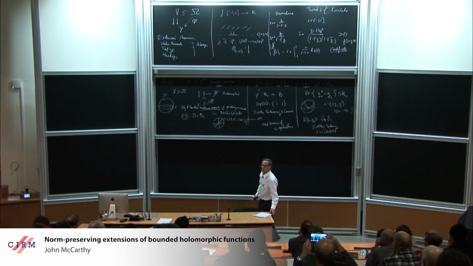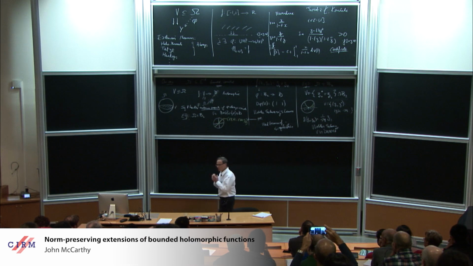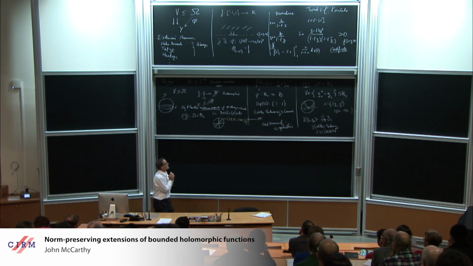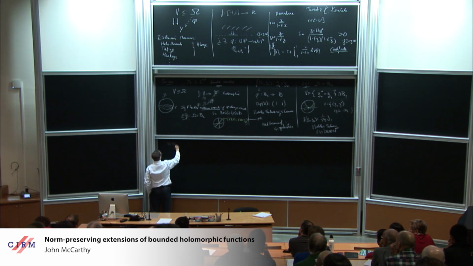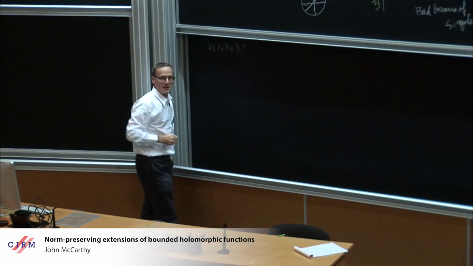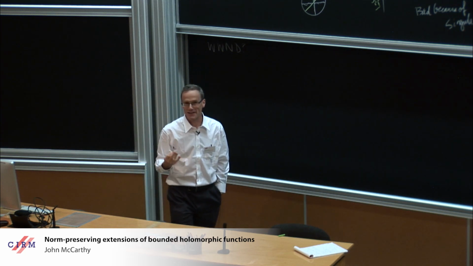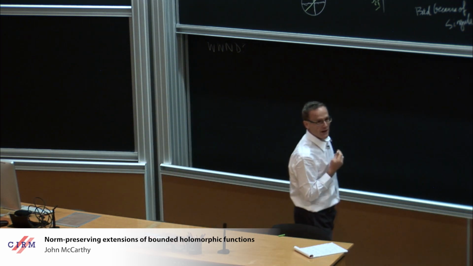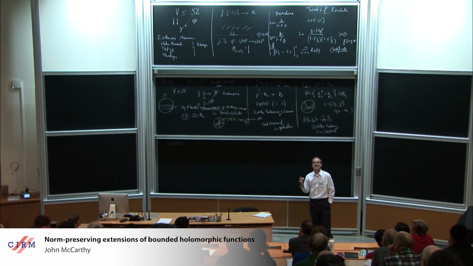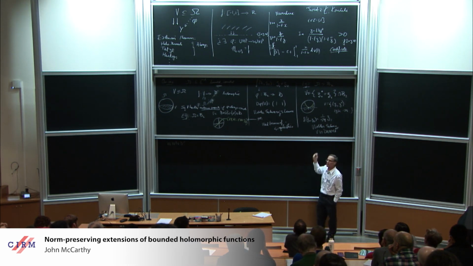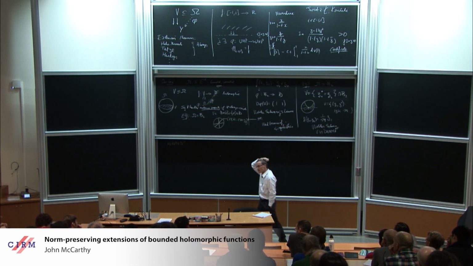But neither of these examples are in any way pathological. So, as all good analysts, you step back and say WWND, which obviously stands for what would Nev and Lina do? Well, we want to look for something that guarantees you would have an extension. So when can you guarantee you have an extension? It looks like that even in relatively benign cases you don't. So in what cases do you have an extension?